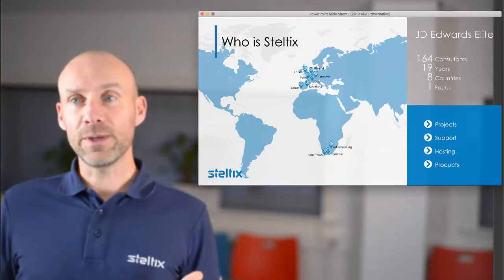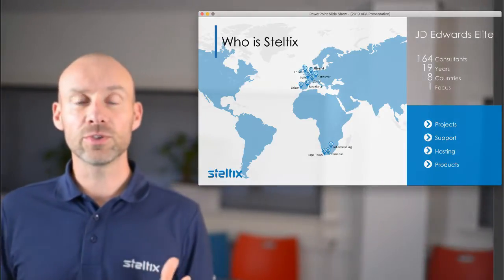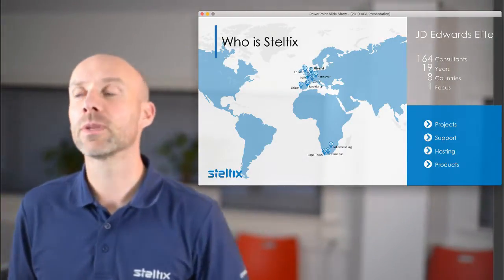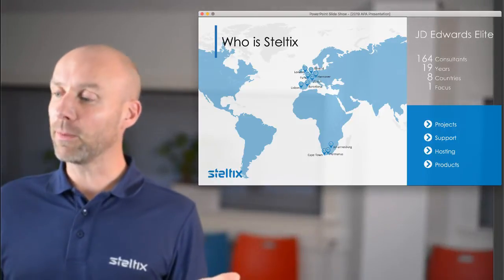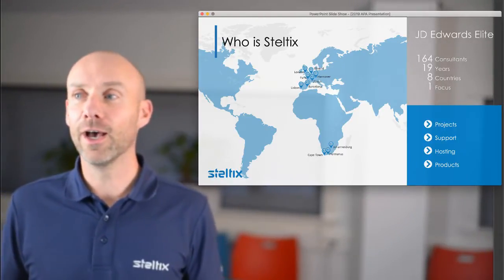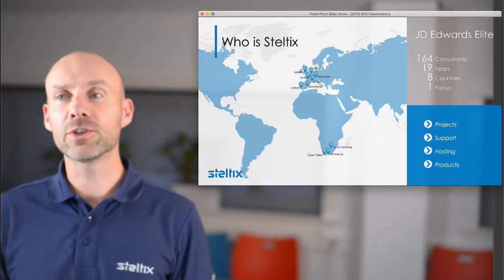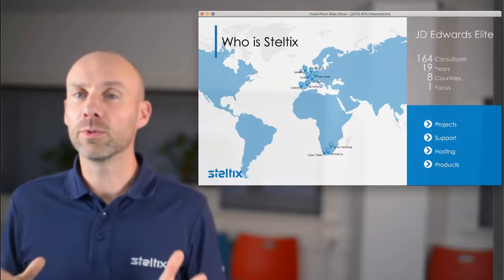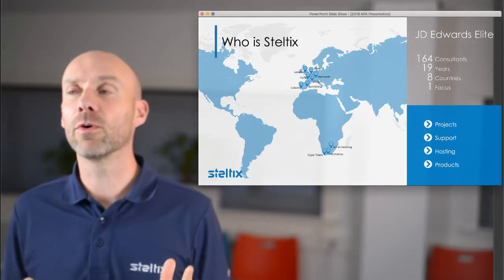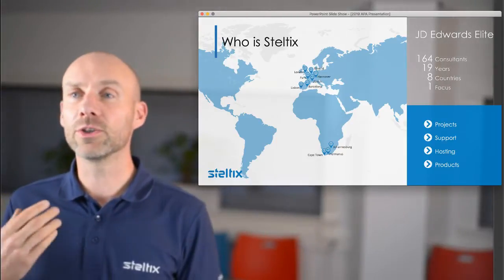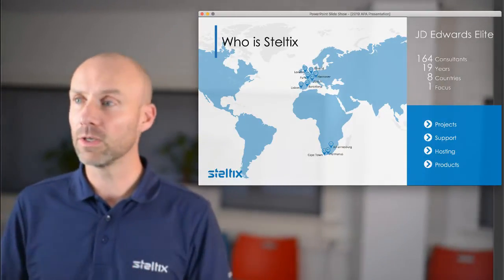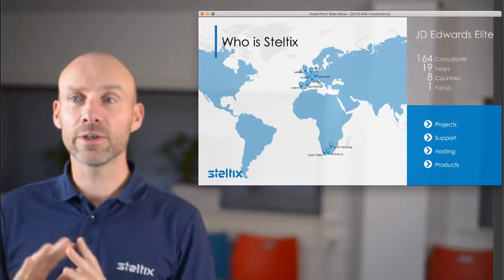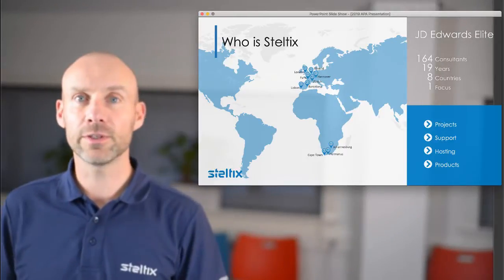These are typically long-term SLA contracts in which we build a long-term and strategic relation with our customers. The last couple of years especially, we are asked to take care of the complete JD Edwards environment of our customers. Some call it hosting, some call it managed services. The key here is that companies ask us, we don't want to have anything to do with our JD Edwards environment anymore from an infrastructural point of view and support point of view. You take care of it. Private cloud, public cloud, Amazon, Oracle, or Azure, we don't care. You take care of it, and that's it.